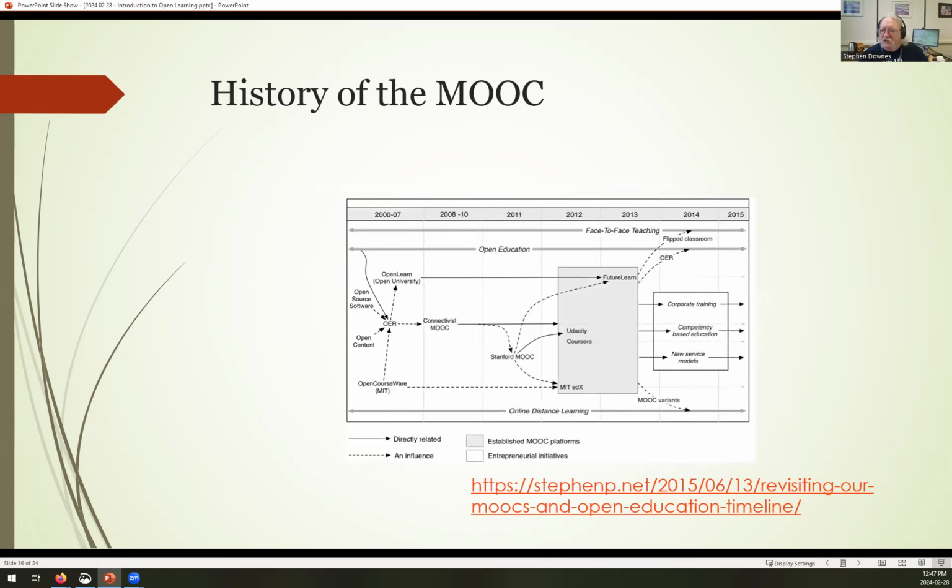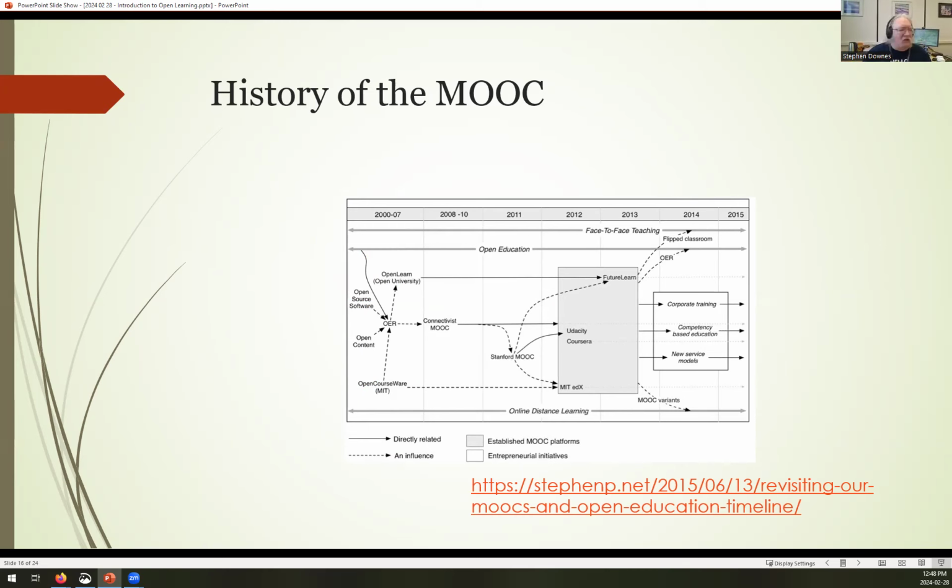So here you can see the history of the MOOC, the origination in the idea of open educational resources. Our connectivist MOOCs that started up in 2008, and we ran a bunch of them over the next decade or so. And then edX, Udacity, Coursera, and Open University's FutureLearn, among others. Interestingly, all of these big experiments, not one of them survived in that form.